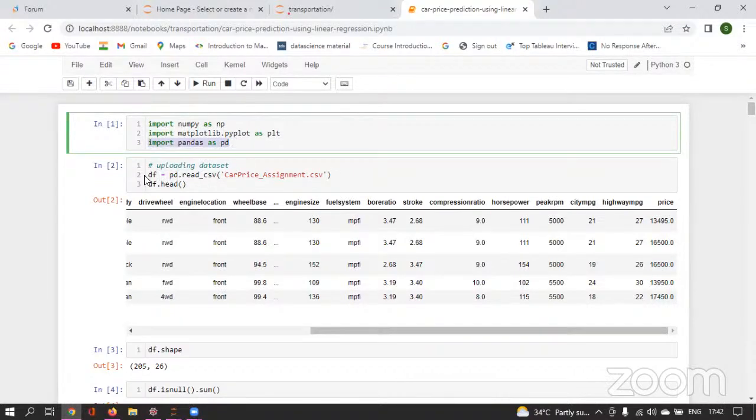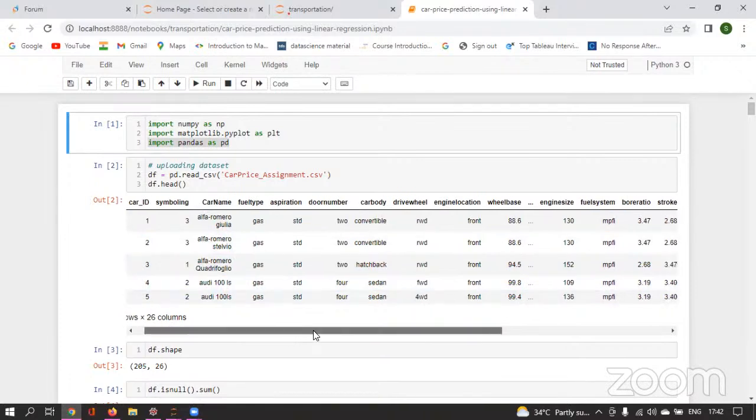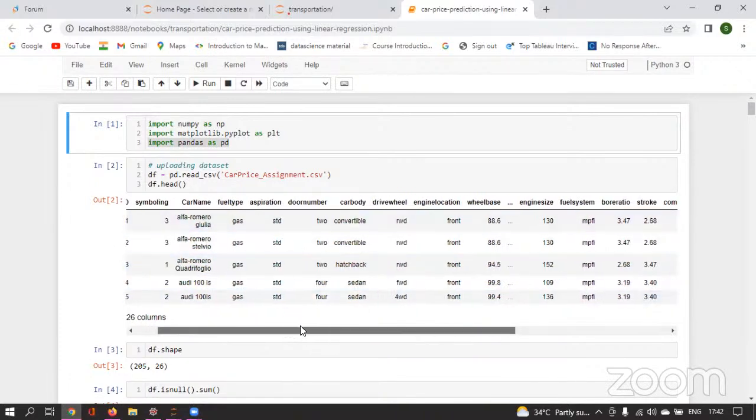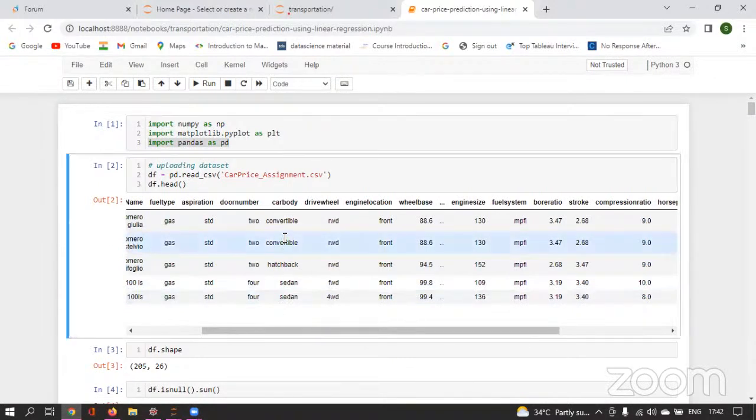Df is equal to, in df I'm storing all this information. When I use df.head, we get these features. Car ID, symboling, car name, fuel type, which kind of fuel it contains, aspiration, and door number, how many doors it has, car body, convertible, hatchback.